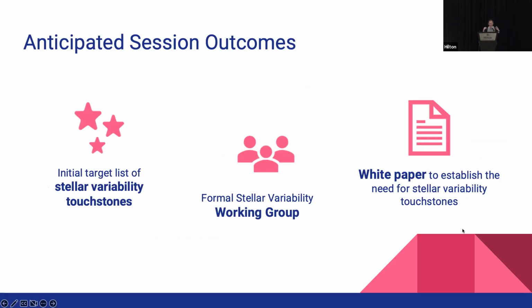We also would like to start the idea of having a stellar variability working group. There's a lot of us here. We all understand now, in the era of EPRV, that stellar variability is really important. So getting a nice communication network of people together to talk about stellar variability and share our ideas. And it would be nice as well to get a white paper together from the discussions of the community that's here about what we can do.